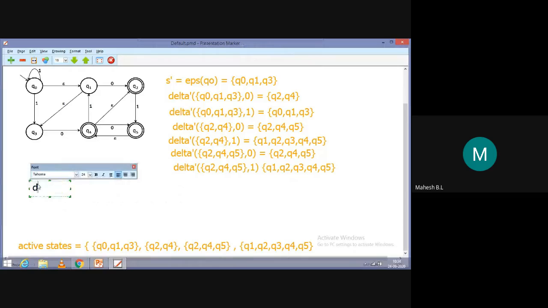So delta dash of Q1, Q2, Q3, Q4, Q5 on 0 is equal to epsilon of delta of Q1, 0 union epsilon of delta of Q2, 0, Q4, 0 union of